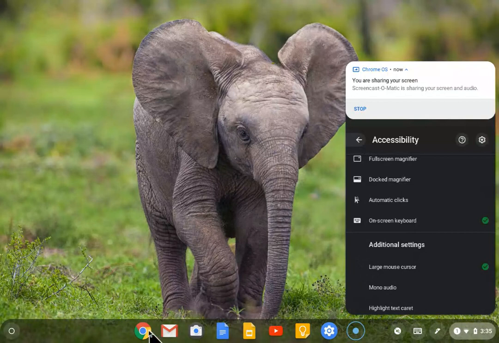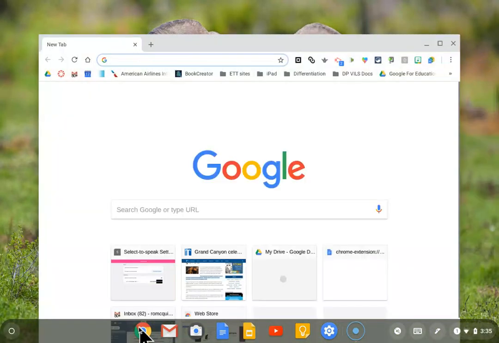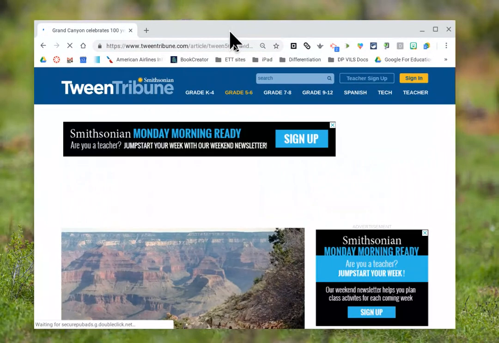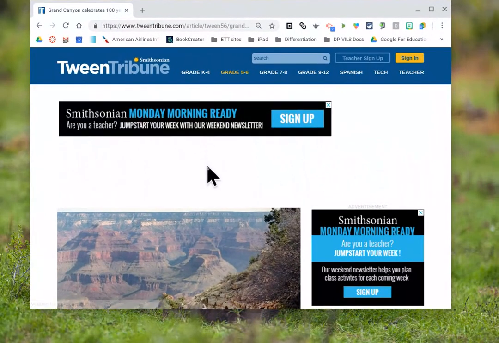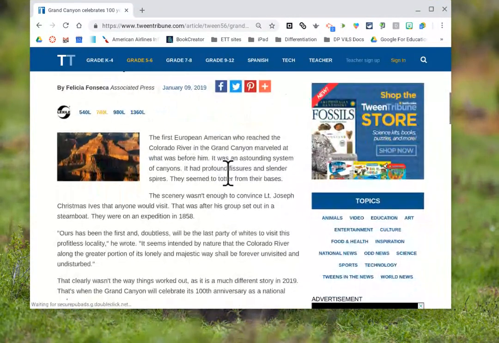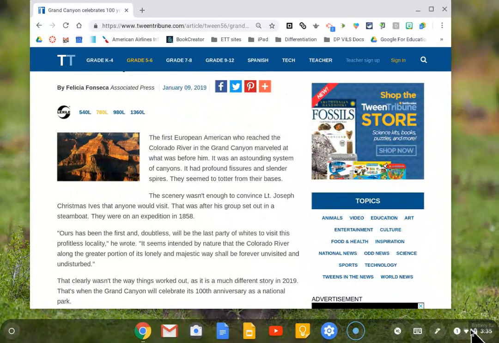I'm going to actually go to the web here. And I'm going to go back to Tween Tribune in this article. And you can see that I can easily see my cursor as I scroll, and it's definitely easier to see what I'm doing. The other option here is